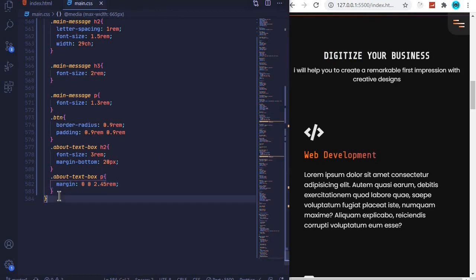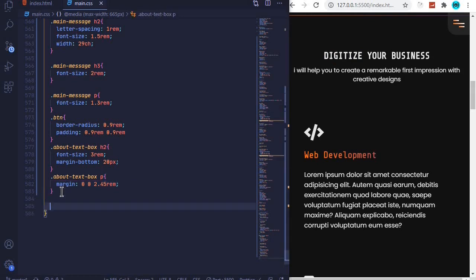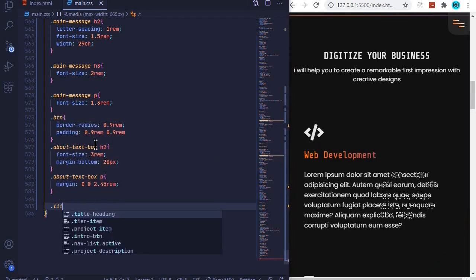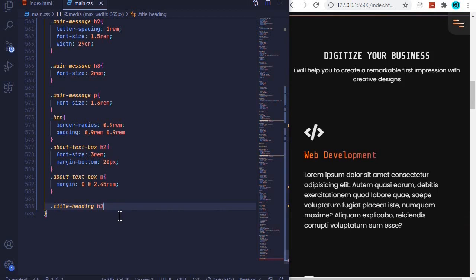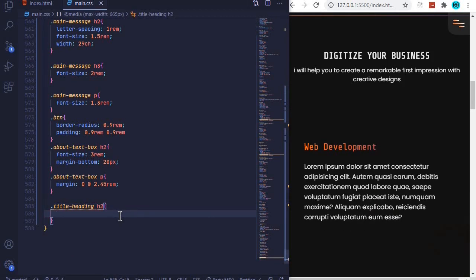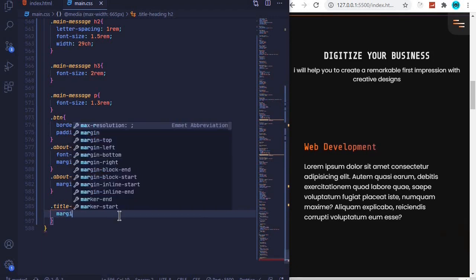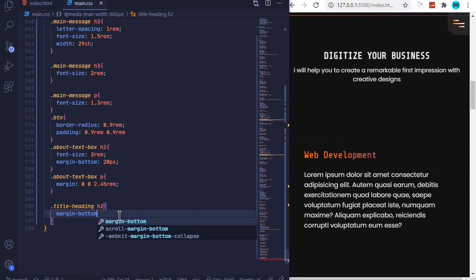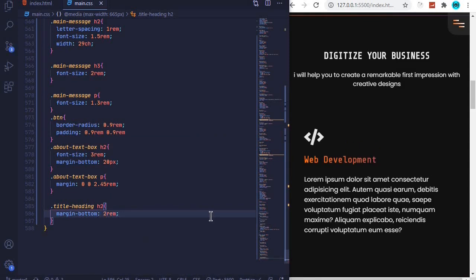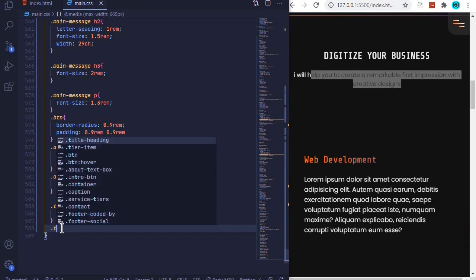So right here I'll say .title heading h2, and I'll give a margin bottom of 2rem, and then I'll select the P, this one right here, .title heading